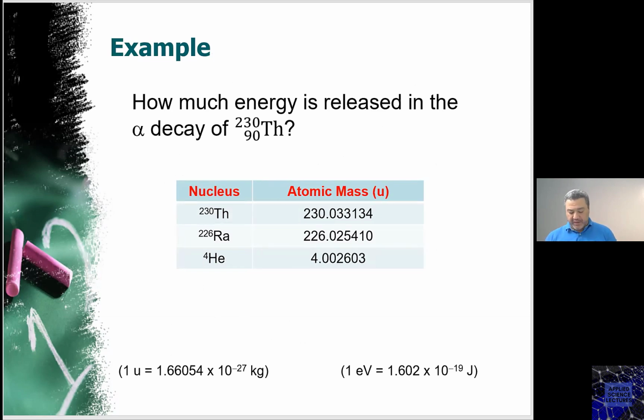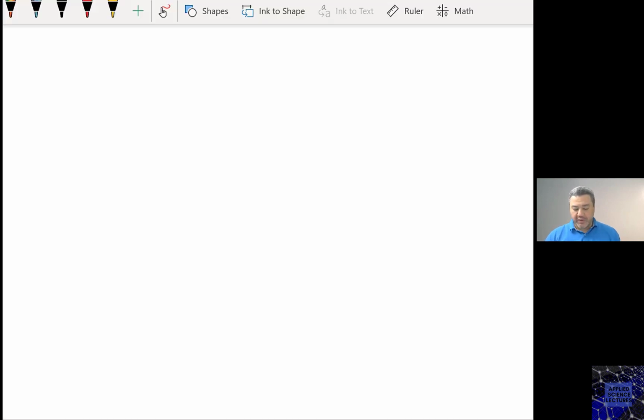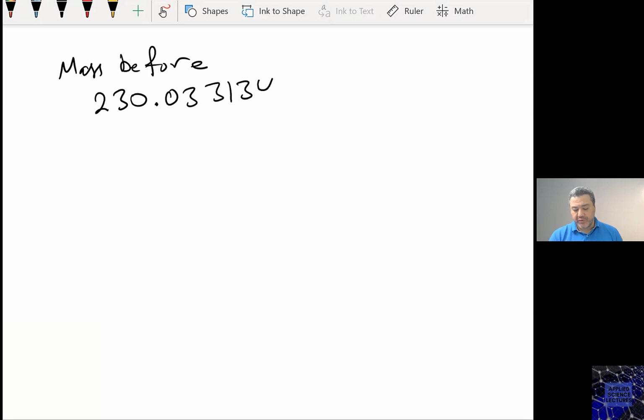Okay, so we have an example here where we need to calculate the energy released in the alpha decay of thorium 230-90. We have the mass before as 230.033134, and then the total mass after as 226.02541